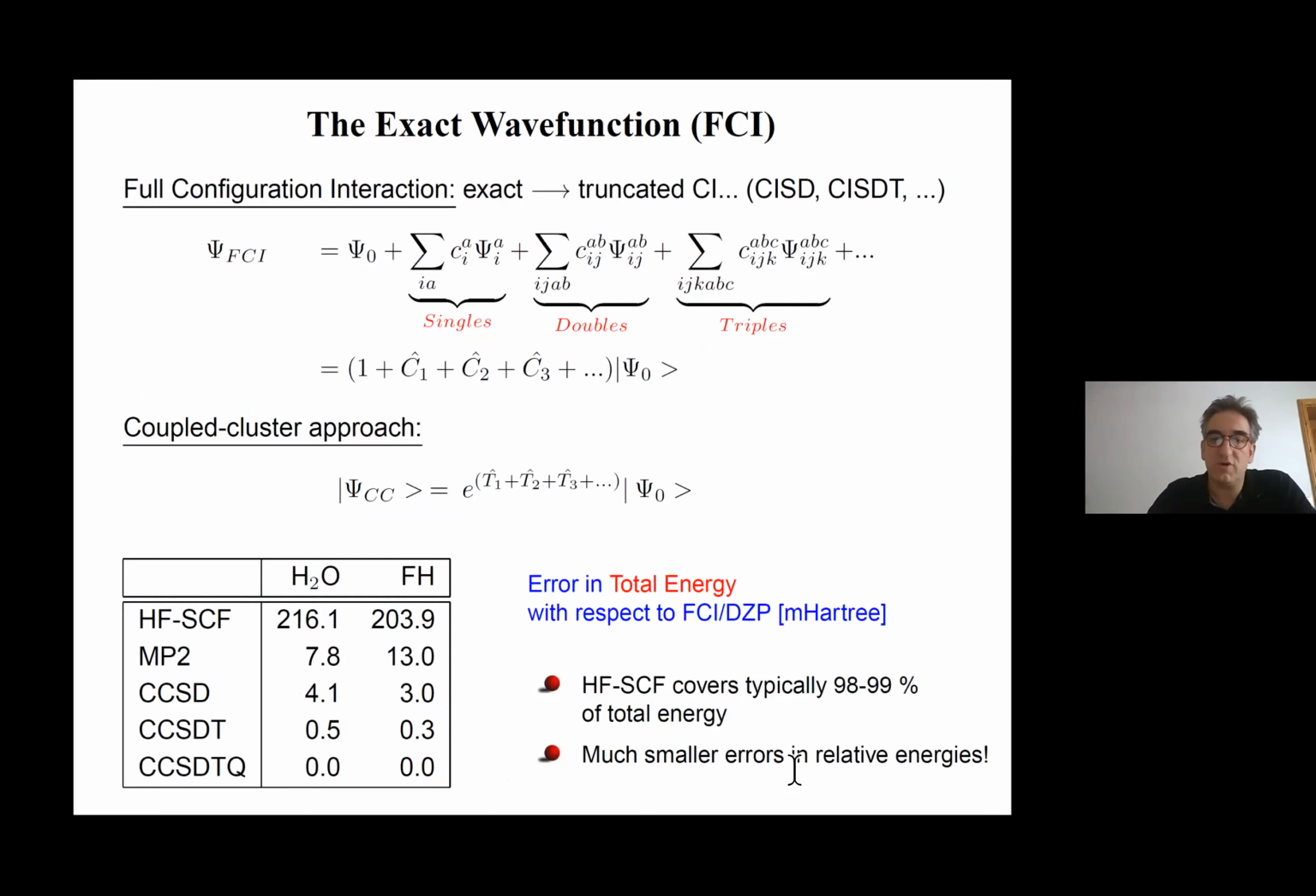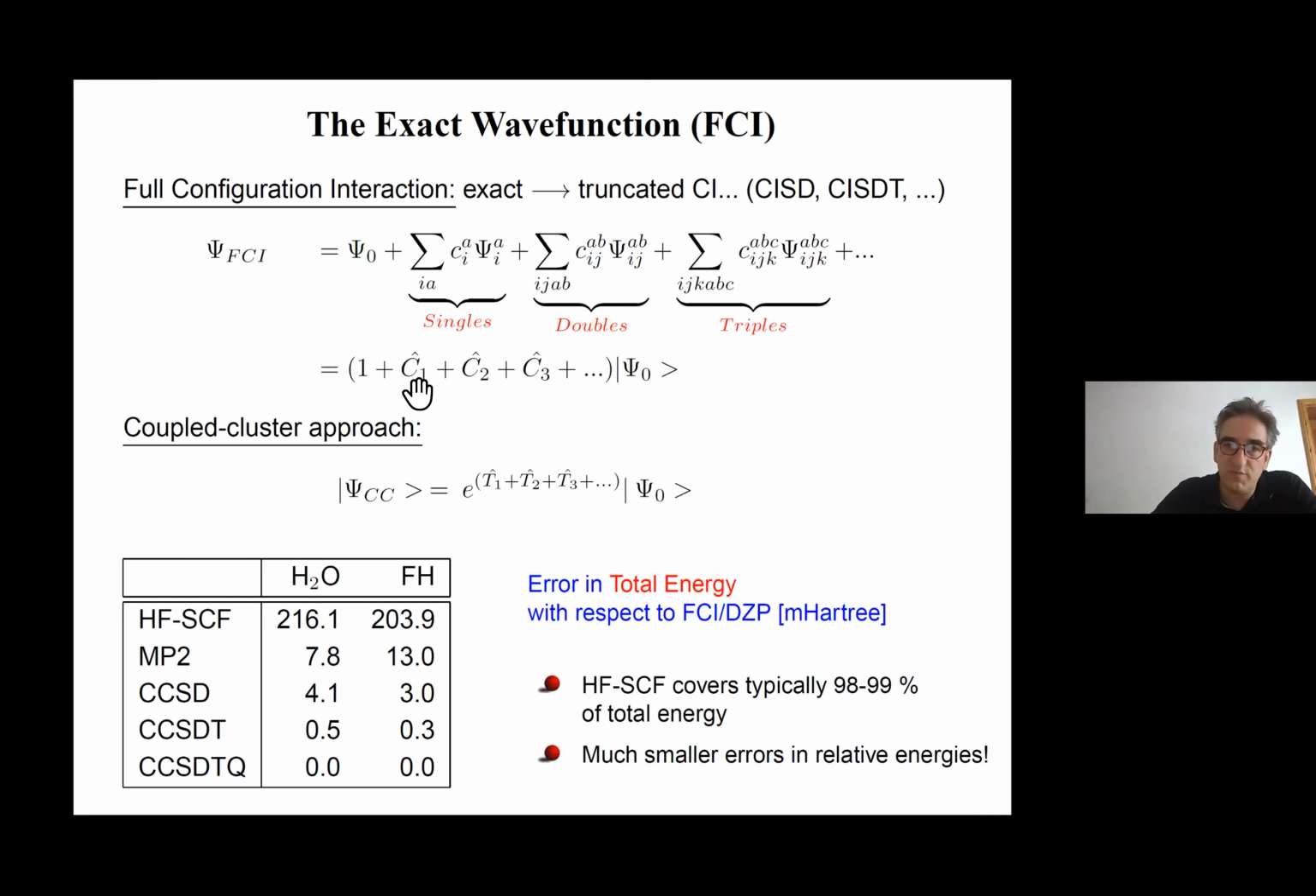So what one normally does is one truncates the CI approximation. So for example, one stops after the doubles or after the triples. And then one looks at how the energy, for example, is converging. There's one problem with truncated CI. It's not size consistent. I won't go into details about this, but typically one uses a very similar approach where